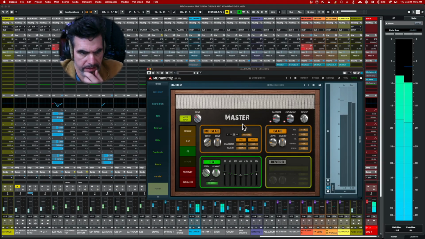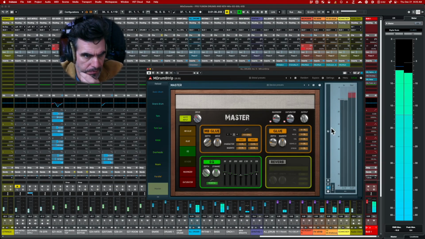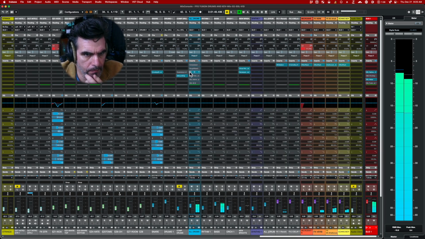On this mix, I did have a big fat M Drumstrip session going. It's all over the instances of each drum and on the bus, and you can see it's adding massive amounts of gain here. So I'm going to turn that off. The drums disappear. That's how much gain I was adding. So I'll zero the fader here. And we'll bring in,